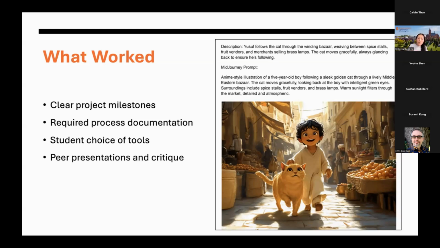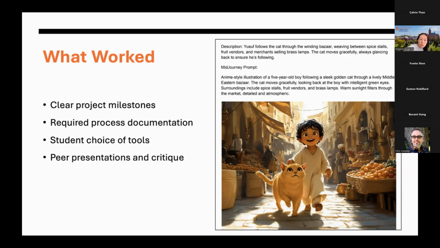And also I gave the students the choice of tools they like to use. Some of them didn't necessarily use MidJourney, but rather used the tools they feel familiar and comfortable with. And there are also other tools, particularly the sound tools, that were all introduced by the students. I didn't even talk about the sound tools. And those are all sounds made through the AI tools introduced in class.